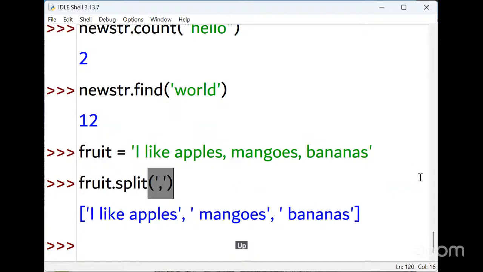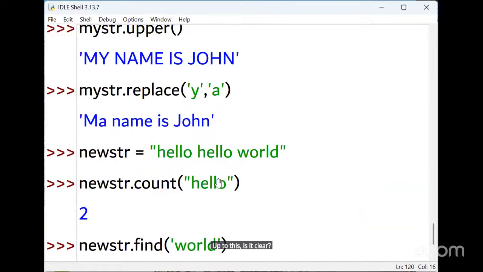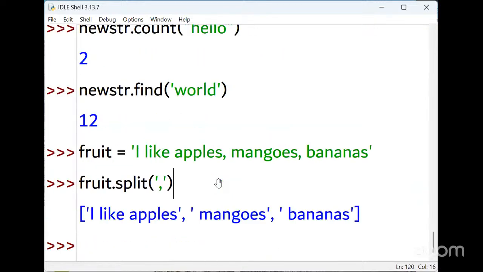Up to this, is it clear? Do you have any doubts here?